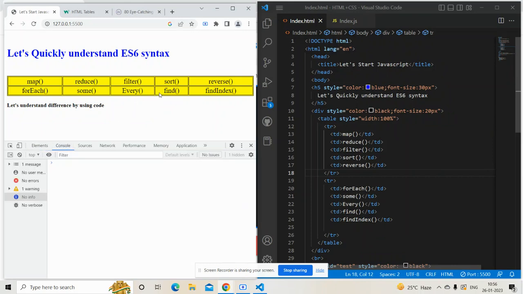So hi guys, today we are going to discuss these methods used in ES6. So map, reduce, filter, sort, reverse, forEach, sum, every, findIndex. These are some of the most commonly used methods in JavaScript, and we are going to study all of them under